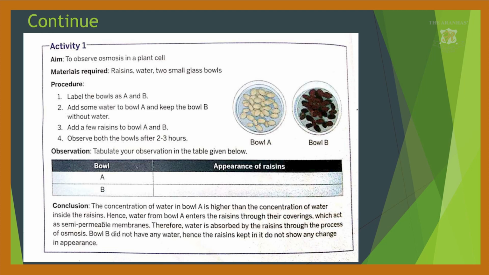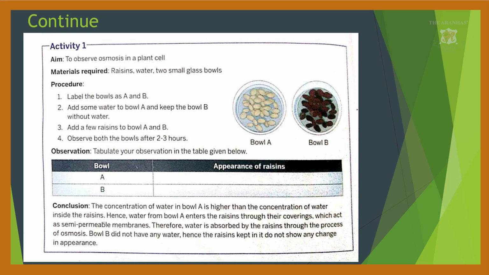Now we are adding some water in bowl A, but in bowl B we are not adding any water. We keep them aside. In bowl A, after 2 to 3 hours, when we check, we see these resin seeds have swollen up.